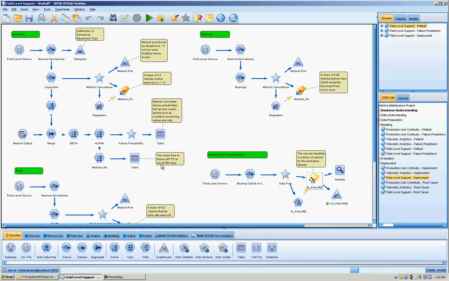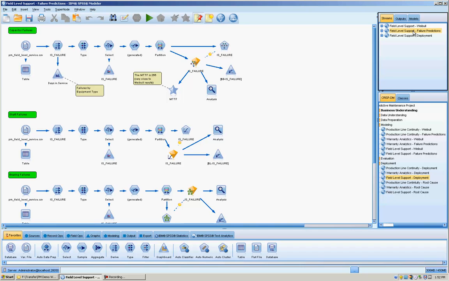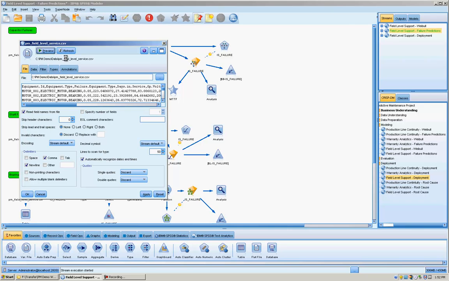Weibull does, though, allow you to calculate the mean time to failure, which is an important measure of reliability, and in this case it was 263 days. Let's move on and look at the predictive modeling approach to modeling reliability. And again, we have our capacitors, our shafts, and our bearings. And if we look at our data set,